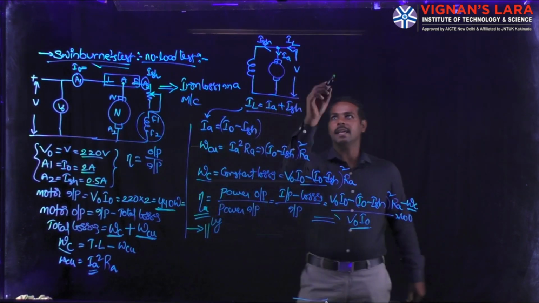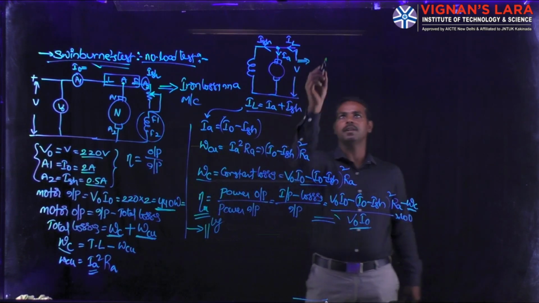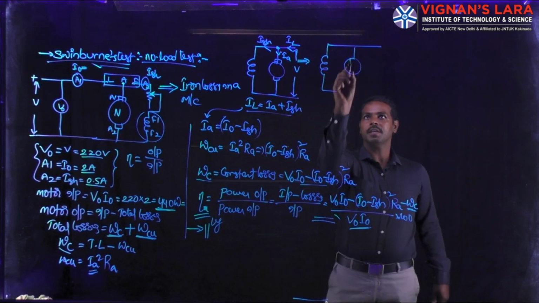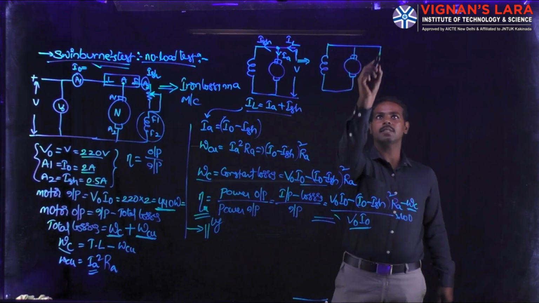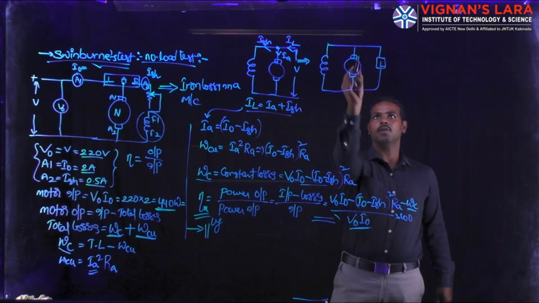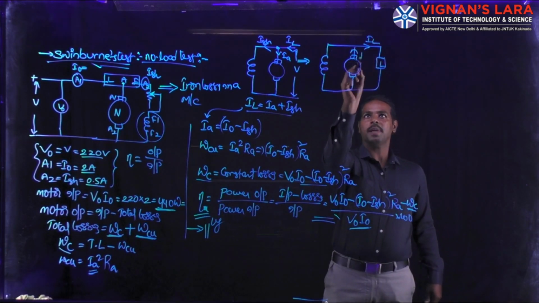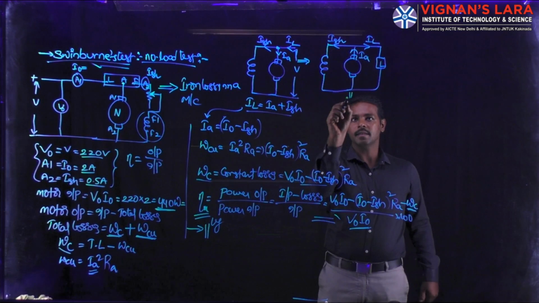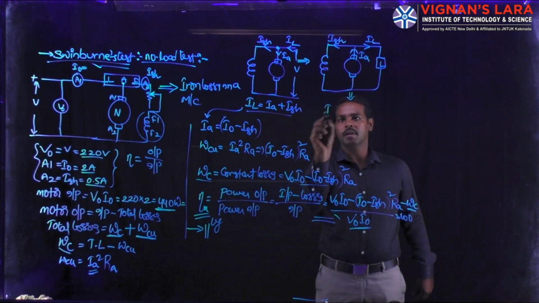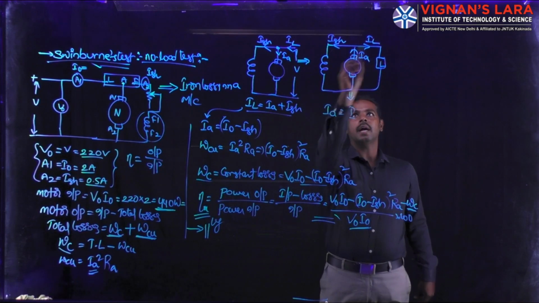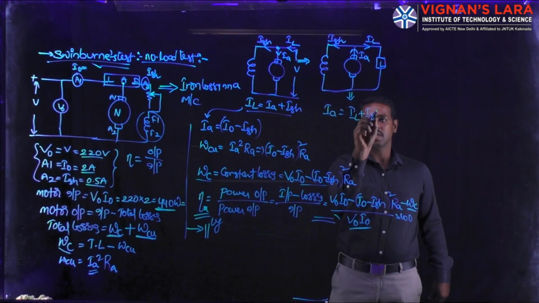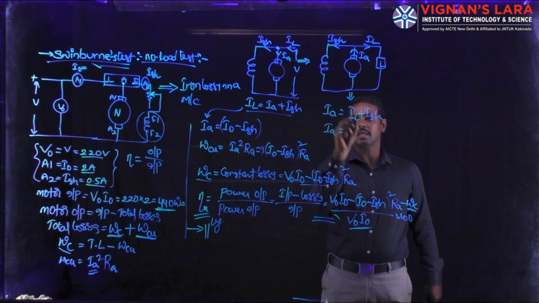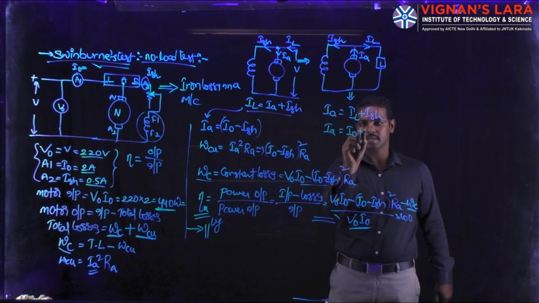In case of a generator, this circuit diagram is to be simplified in another fashion. The field winding and armature are connected across the load, which gives the load current. Armature current is always given as ISH, but here the armature current is changed to another equation: IA is equal to IL plus ISH. So applying this to the Swinburne test, IA is equal to I naught plus ISH, where IL is the line current I naught.